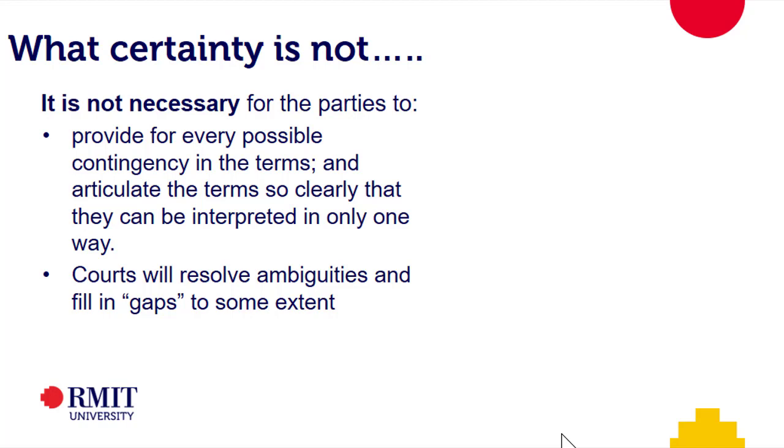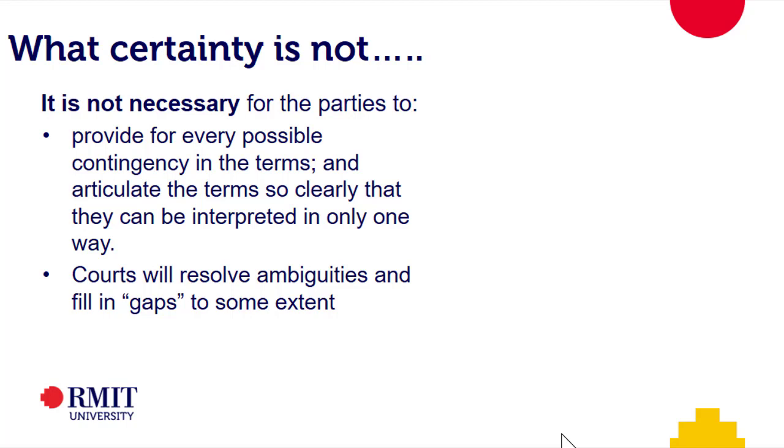One of the main ways that we understand how the law works is by working out what the exceptions to it are. So let's think about what certainty is not. It is not necessary for the parties to consider every possibility and deal with every possibility in order to have a certain agreement. So even in a simple transaction like, I'm going to sell all of my shares to you and you're going to pay me $10 million for them,